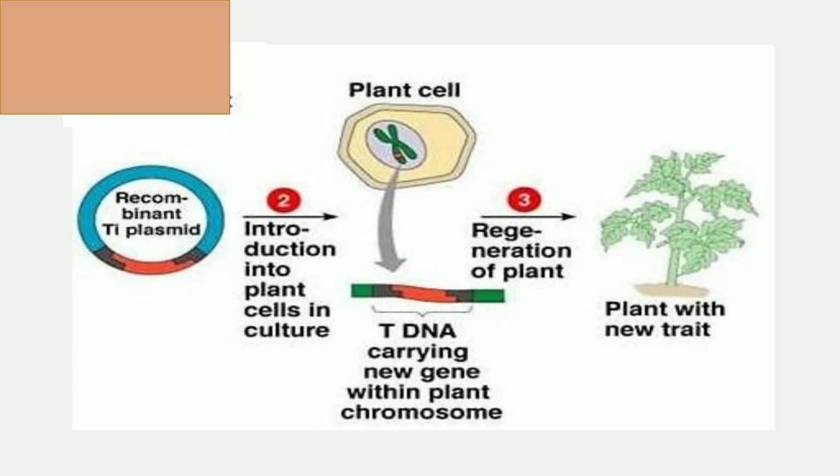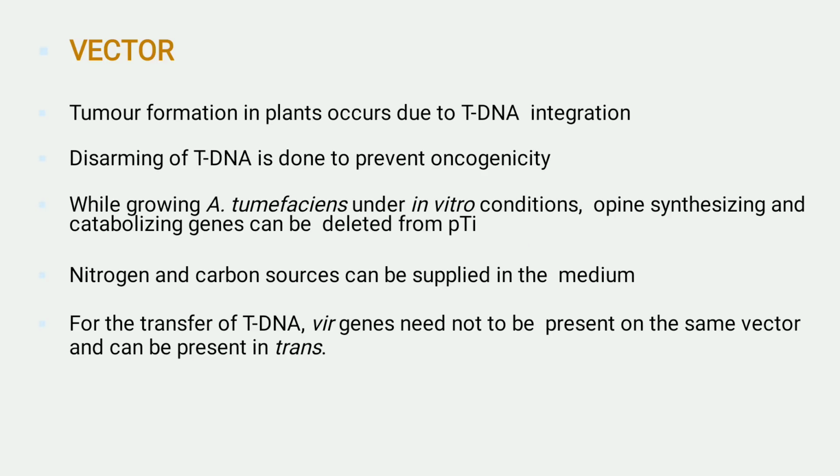So by the production of recombinant plasmid, we are going to introduce it into the plant cell in the culture. Now the tDNA, having the new gene within the plant chromosome, regenerates into a new plant with a new trait, right? So now how can this agrobacterium be used as a vector? How can this Agrobacterium tumefaciens be used as a tool for transferring the